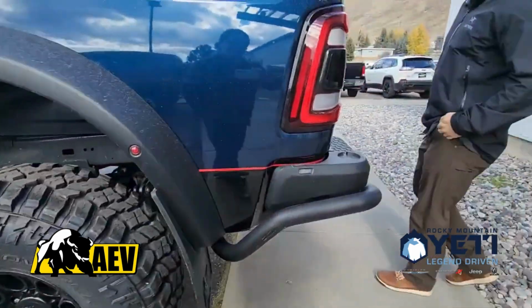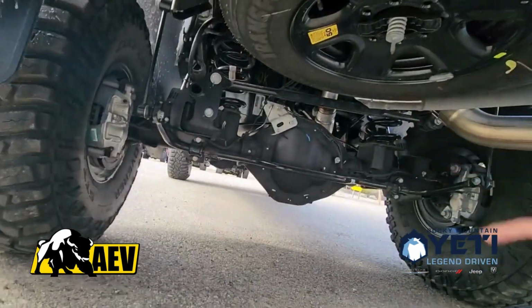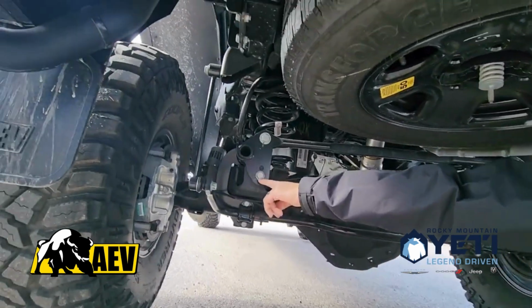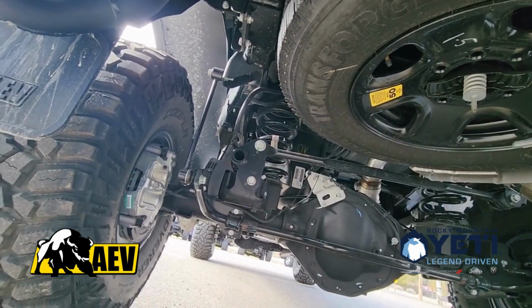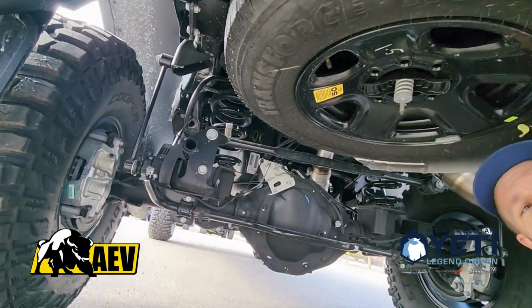This one being a 2500, since it's not leaf sprung, you've got a track bar to keep the axle centered, and we actually raised the track bar. So the rear is actually only lifted 2 inches. We raised the track bar about 6 inches to lower the center of gravity in the rear of the truck and keep it planted. So what that means is if you're going around a corner and you hit a bump,